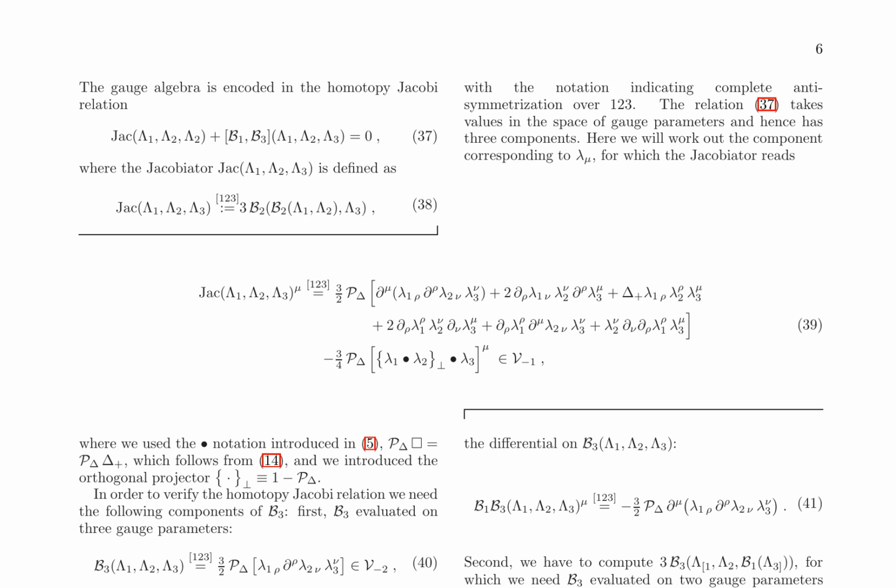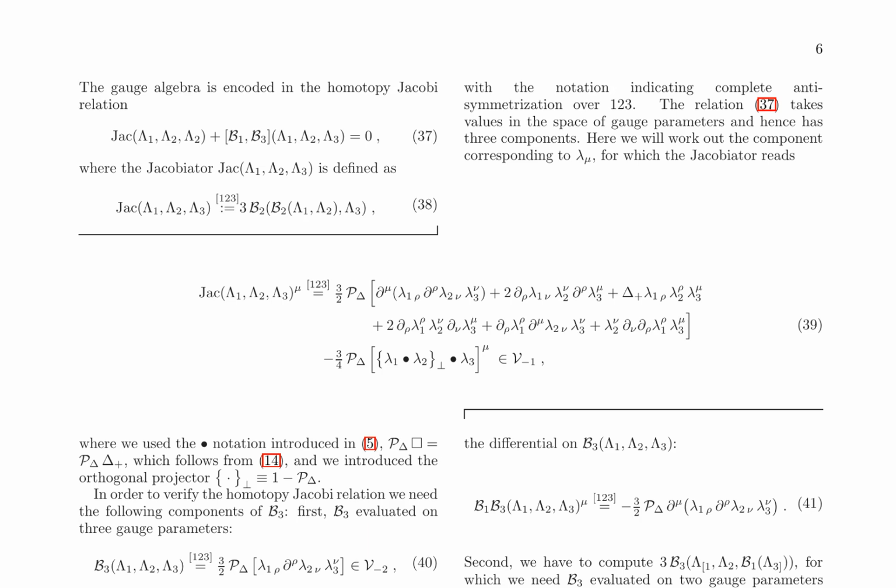This relation is defined in terms of the Jacobiator, a mathematical object that encodes the algebraic structure of gauge transformations. The Jacobiator is a function of three gauge parameters, taking values in the space of gauge parameters. To verify the homotopy-Jacobi relation, specific components of the higher gauge structure B3 must be computed, including its action on gauge parameters and fields. For example, evaluating B3 on three gauge parameters yields an expression that contributes to the homotopy-Jacobi